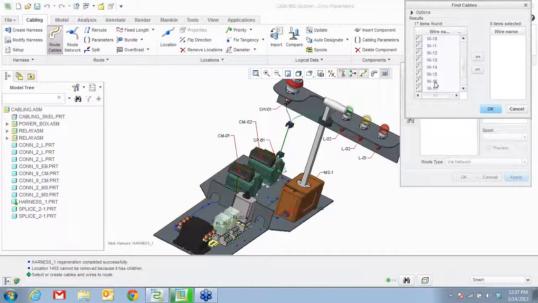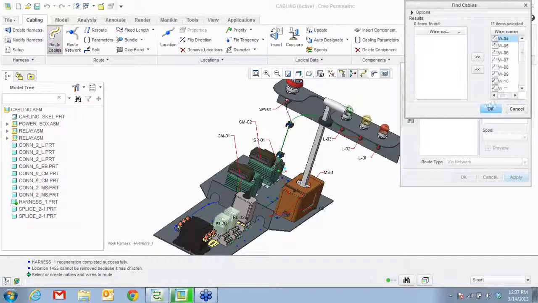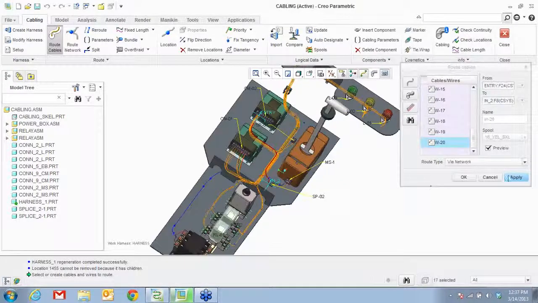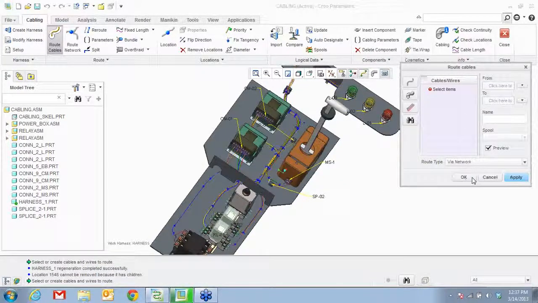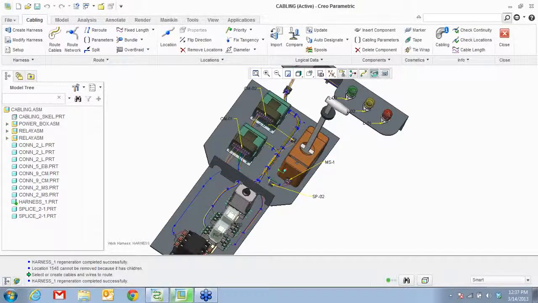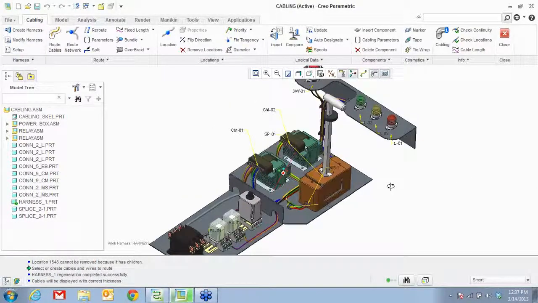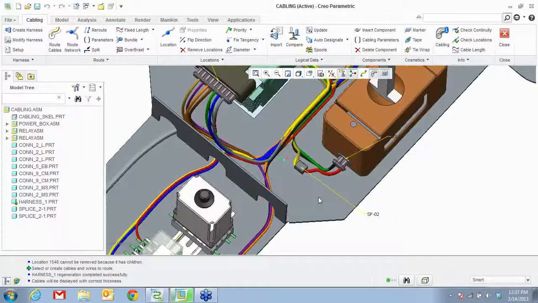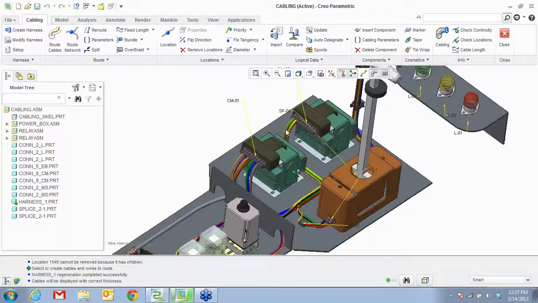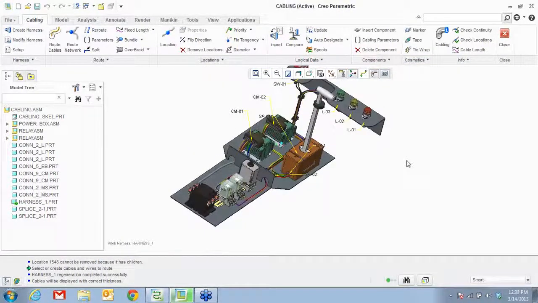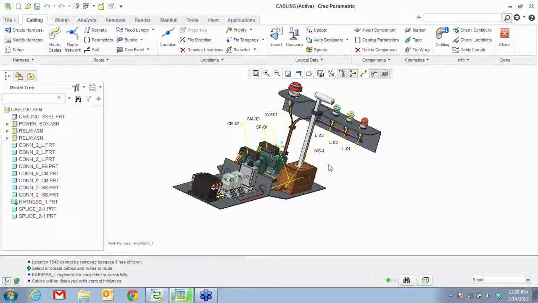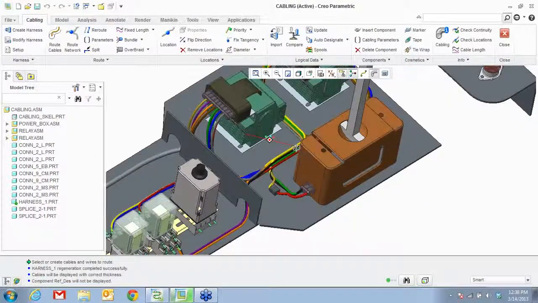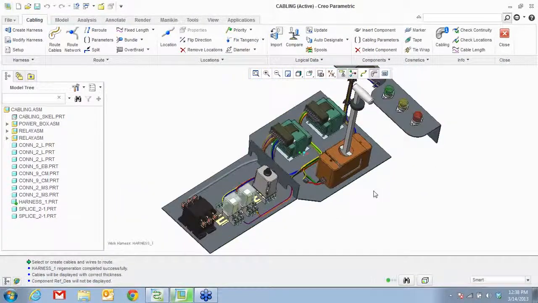You have some other cables. You can go ahead, pick a whole bunch of them at once. It's going to route everywhere. You can hit apply. Okay. So you see that because of your cabling or a schematic, it's going to follow through all these and create the wiring diagram for you. So this is your automatic routing of cables via Creo schematics and Pro cabling.